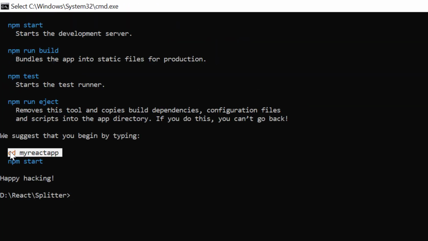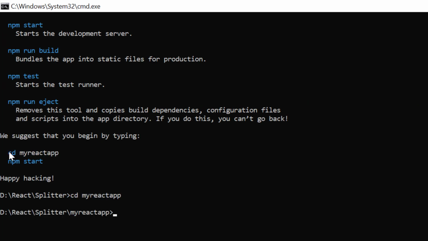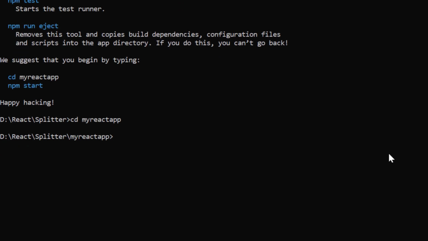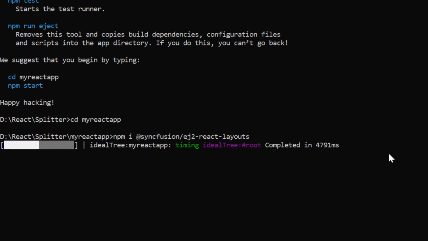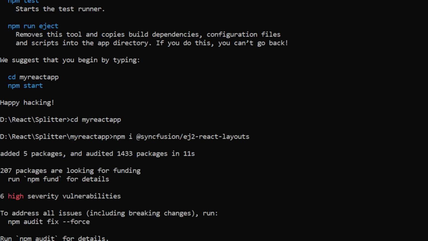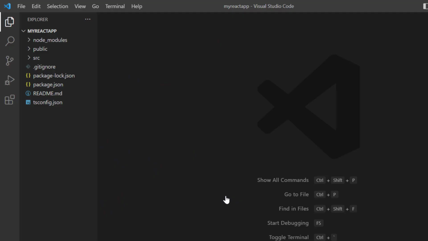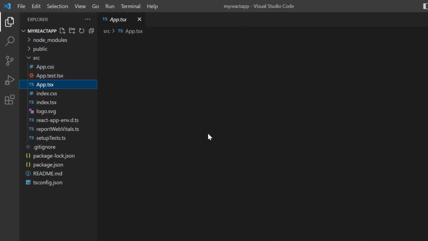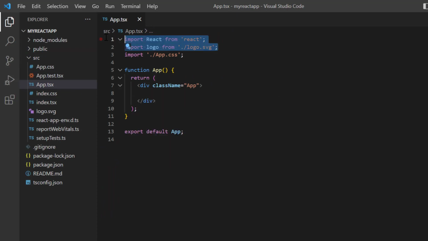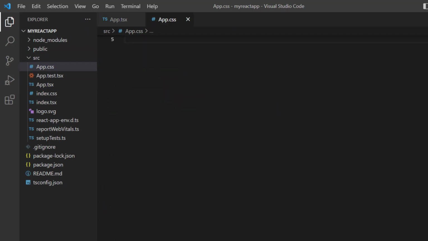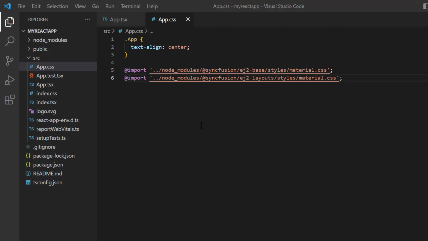Then, I navigate to the desired location and install the Syncfusion Splitter package using the command npm install @syncfusion/ej2-react-layouts. Next, I open the project in VS Code. Remove the default code snippets from the App.tsx file. Remove the default styles from the App.css page and reference the material CSS styles to apply them to the Splitter